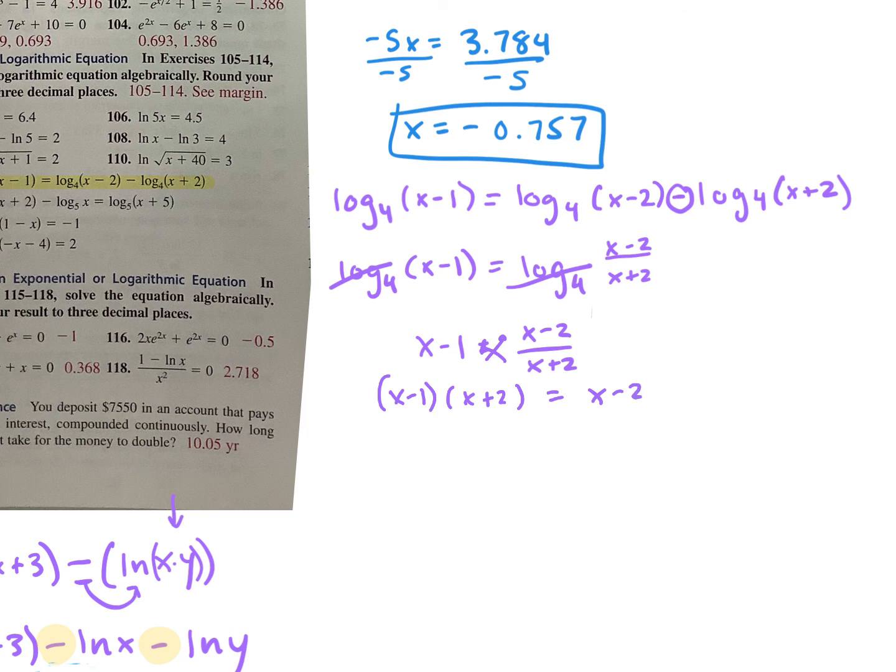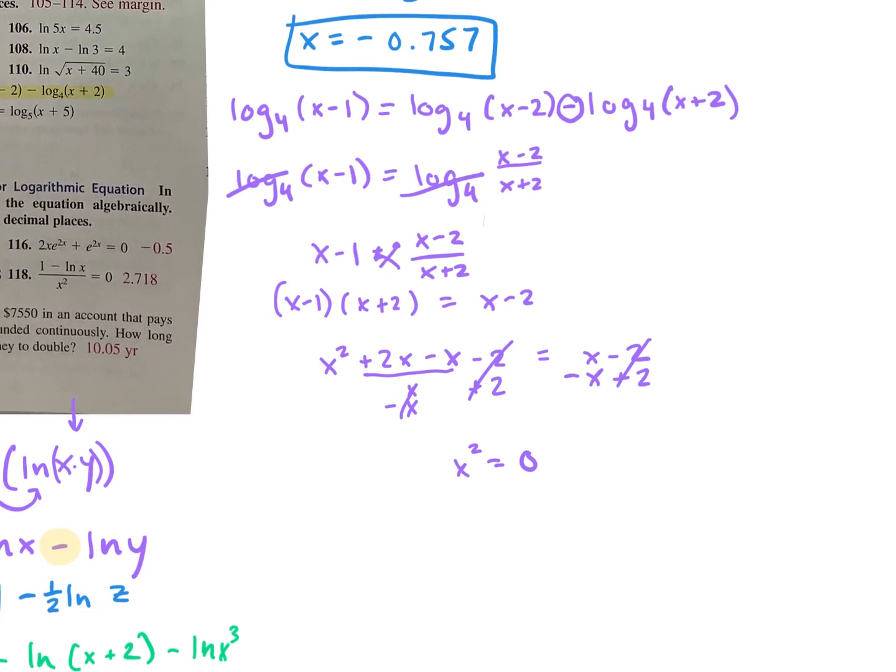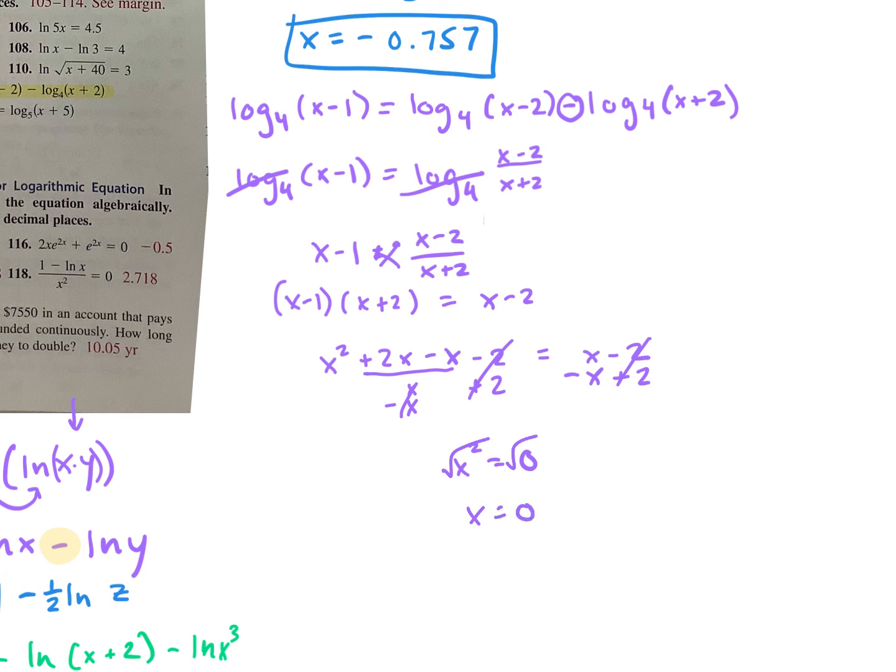On the left side, I'm going to have to FOIL, so x squared plus 2x minus x minus 2 is equal to x minus 2. Combine your like terms, so on the right side, this would become just x, and then I'm going to subtract x on both sides, so this actually cancels, and I'm going to add 2 to both sides, so this cancels as well. So now I get x squared is equal to 0. And if you take the square root of both sides, you get x is equal to 0,